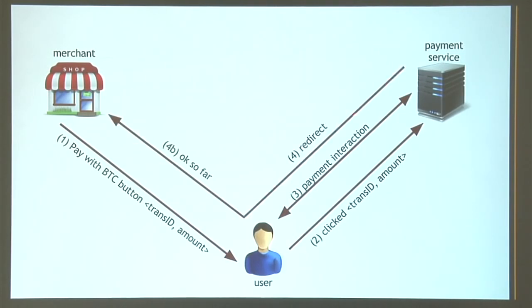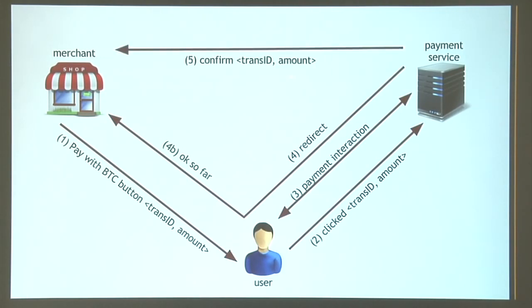Might be a redirect of some kind, maybe an HTTP redirect or something else that comes back to the user's browser and causes the user's browser to send a message on to the merchant from the payment service saying, it looks okay so far. And then later, the payment service will directly send a confirmation saying that yes, in correspondence with this transaction ID that you, the merchant, created, the following amount was spent, that this is fully confirmed in the Bitcoin blockchain, and the payment service will confirm that it's giving you the money at the end of the day. So once that happens, now the merchant knows that the payment is confirmed, and they can go ahead and